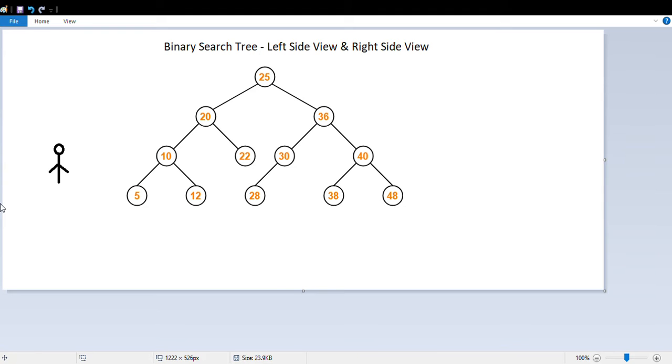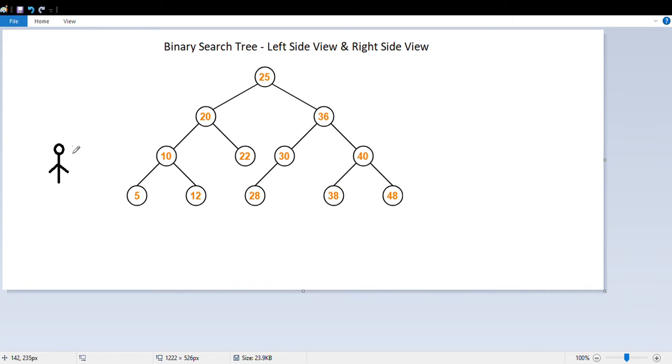For example, if you are standing on the left side and looking at the binary search tree, how will you see it from the root to the leaf? Let me just draw a line here. You are standing here, looking at the binary search tree from the left side.